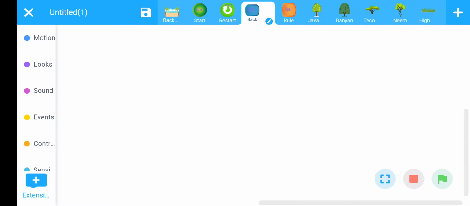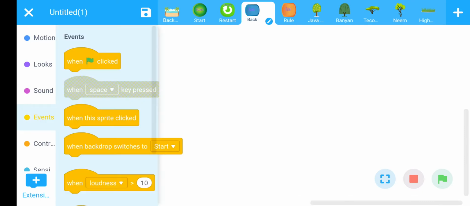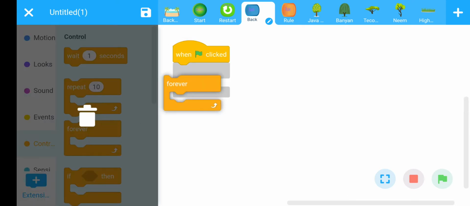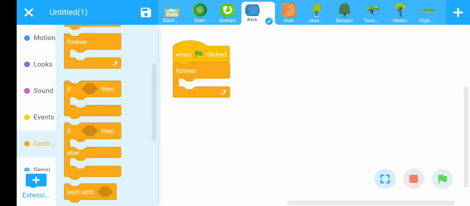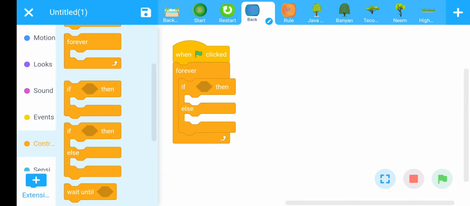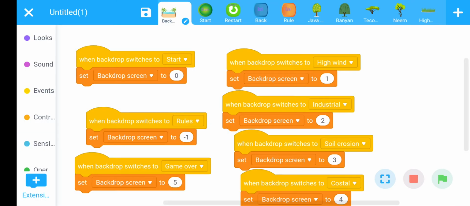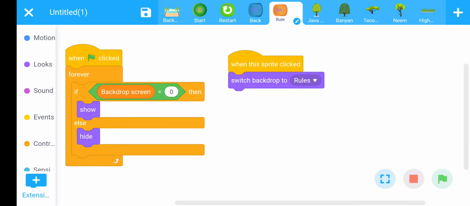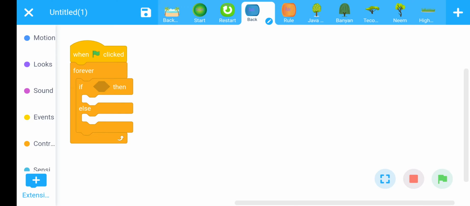And last is the back button coding. The back button should be present on the rule window. Then go to Events, when flag clicked, go to the Control section, forever command, then if else command. Check here that the value of the rule window is -1. Go to the back button. The back button is present on the rule window.